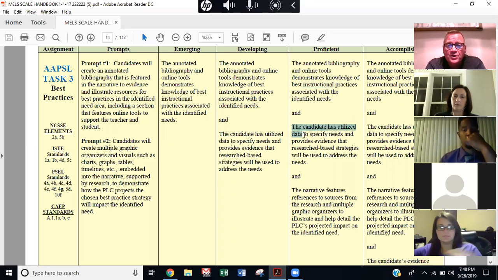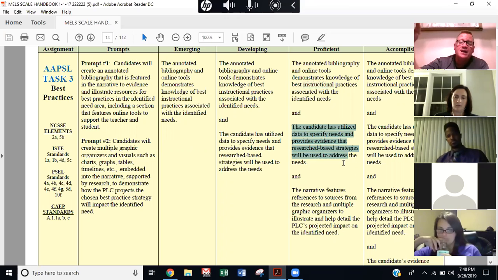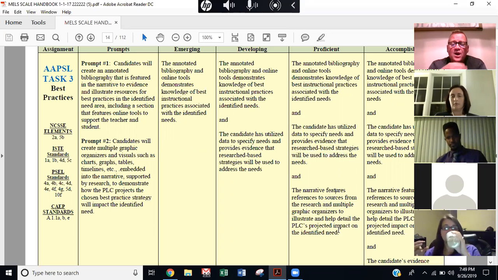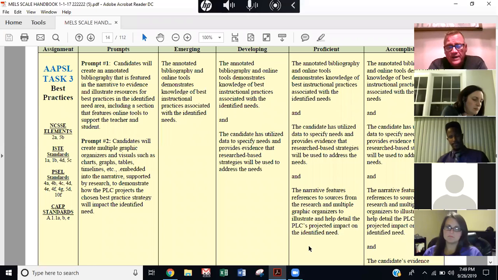And then you're going to have to show that you use that data to specify the needs and that there is a direct connection between that strategy and that need. And that's based off of research. It's correlated. And then you include those graphic organizers to illustrate what the projected impact is going to be. And once again, that can come from the literature, because there's literature out there that says somebody saw a 30% improvement in whatever area you're talking about. Well, can you project that same improvement in your population and your target population? So you show that as well.